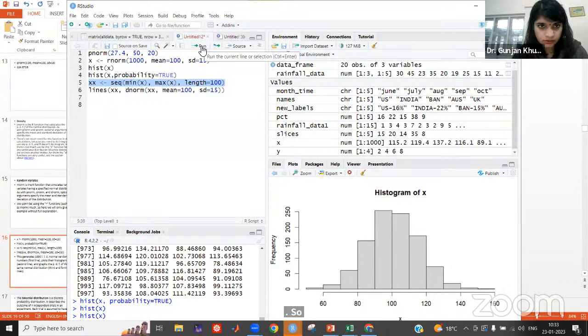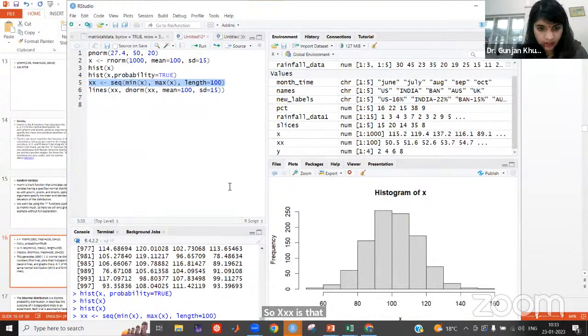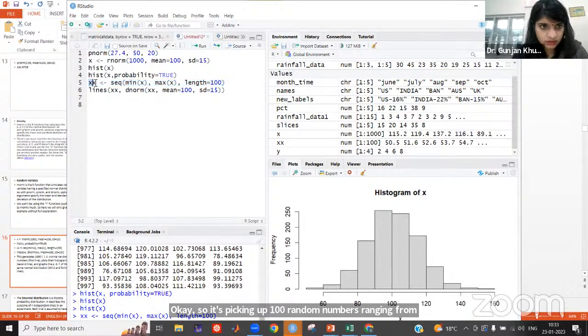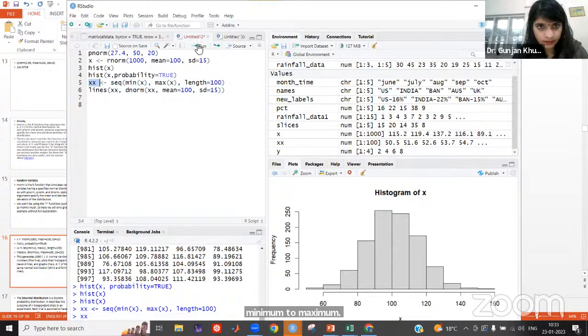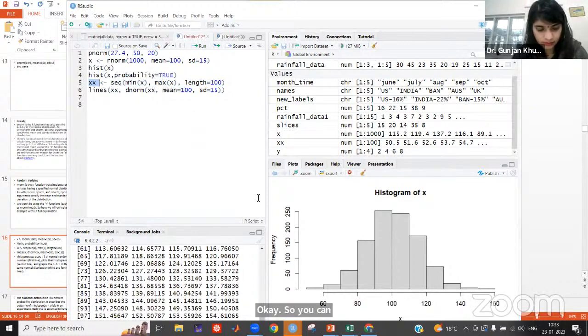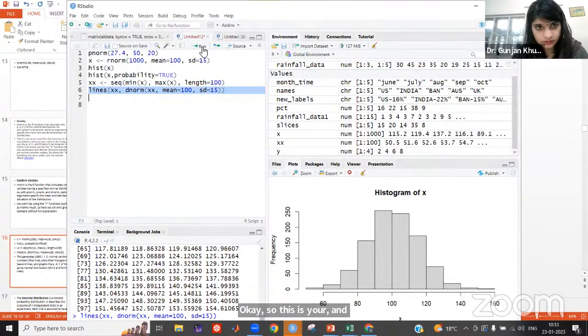Okay, so it's picking up 100 numbers ranging from minimum to maximum. So you can see your xx also. Okay, so this is your x, and if you run it,